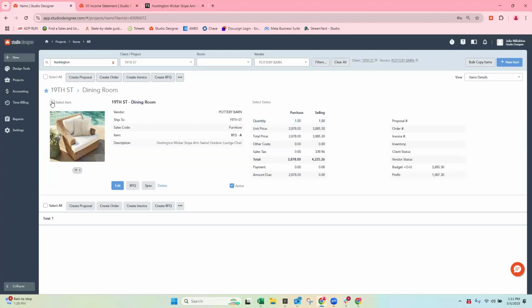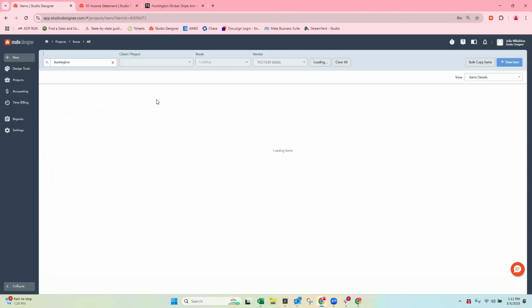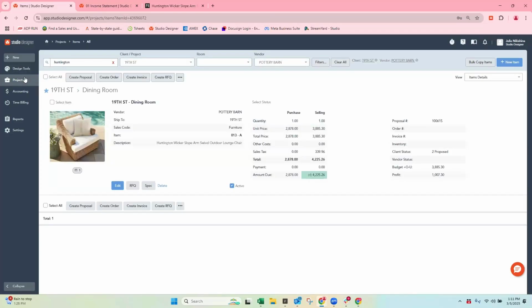So from here, we're adding this item to a proposal. Even at this point, there's still no ledger entries. Nothing happens. Financially, this is still just aesthetic. You could send this to the client. You could not send this to the client, but there's nothing on the income statement or your balance sheet. As soon as the client starts paying, your ledger entries occur. And so we could see them in the general ledger, which we'll go to.